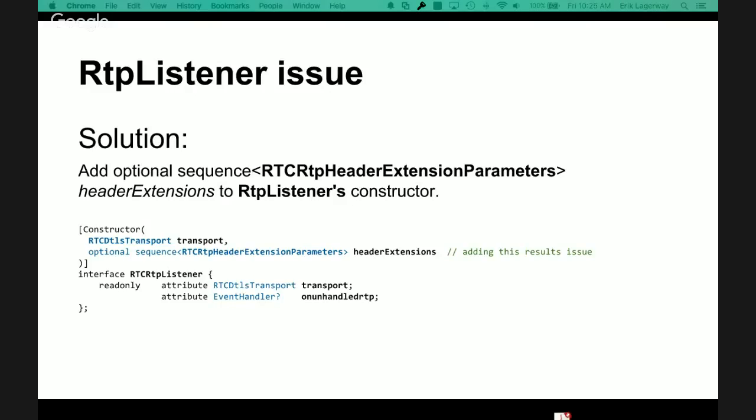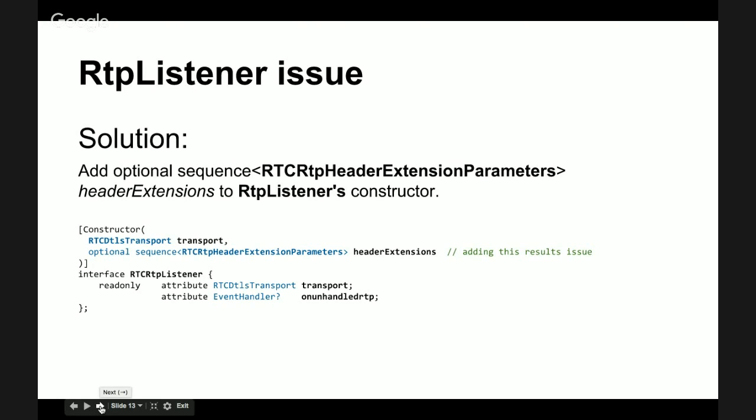And it actually creates problems even internally. I'm suggesting that the event that gets passed from on-handled RTP, which currently has a payload type and SSRC, could also have a list of header extension ID plus value. That's an option. I don't know if it's a good option. Yeah, that's an option too. Where it doesn't add really more API surface, just a little more info about what's in the packet. Yeah, it depends. I don't know. As I said, pick your poison in this case. That is certainly an option.